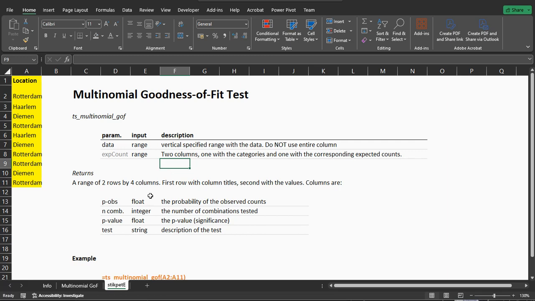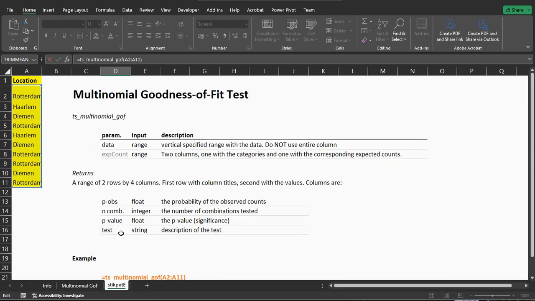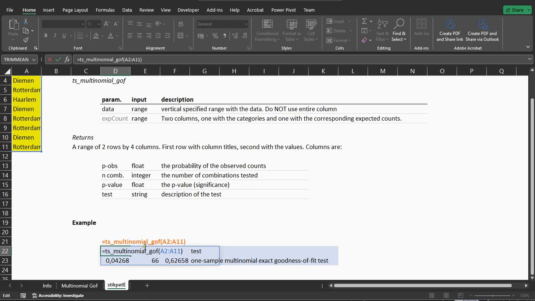It will give in return a 2 by 4 range, 2 rows by 4 columns with the observed proportion, the probability of the observed counts, the number of combinations used, the p-value, and the description of the test used. So here's an example. I just typed in the function, selected the specific range, and it gives me back all